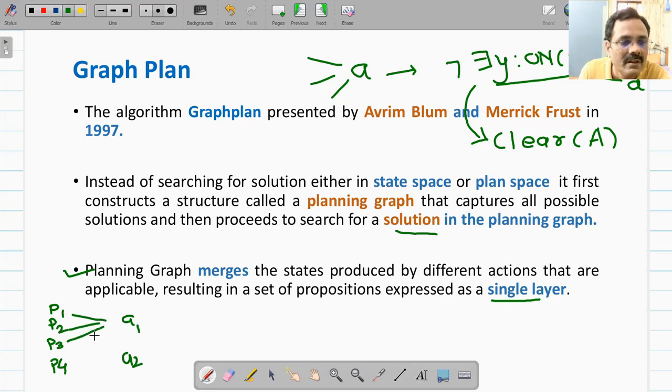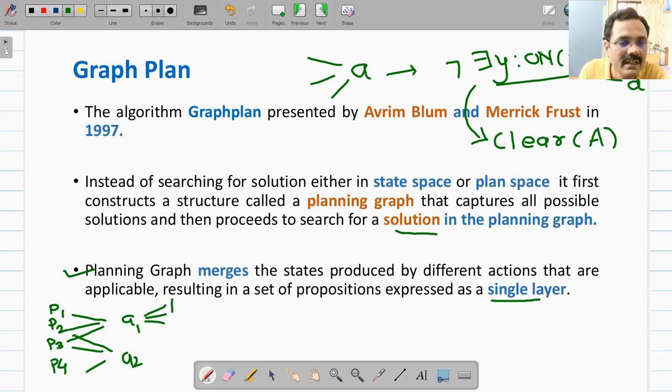So preconditions of A1 are P1, P2, P3 and preconditions of A2 are P2, P3, P4 suppose. So in the state space approach, the application of A1 will result in another state.